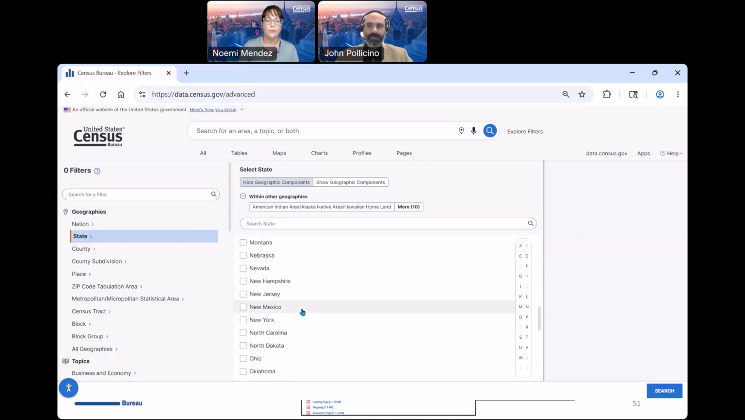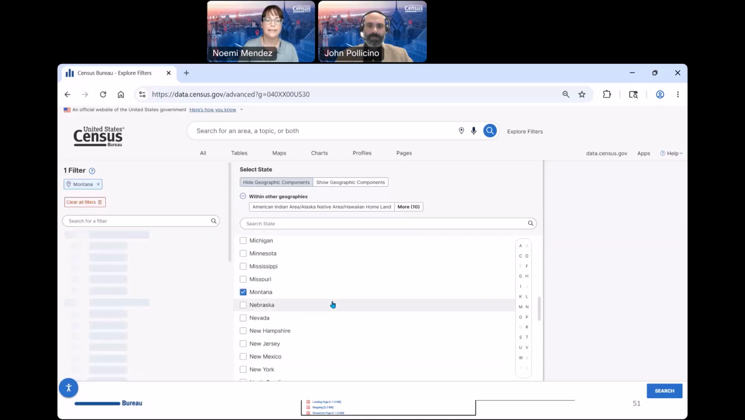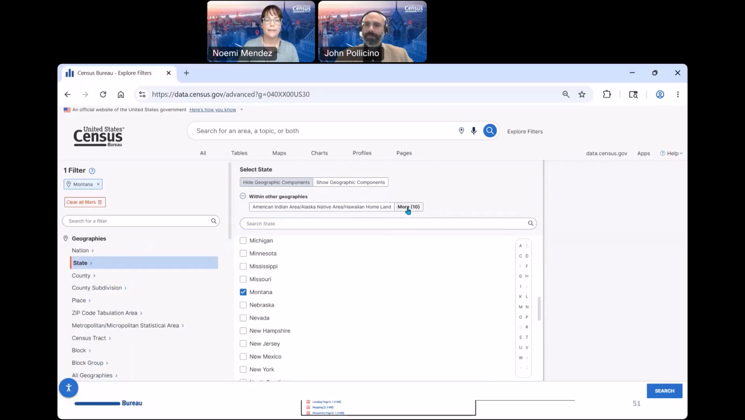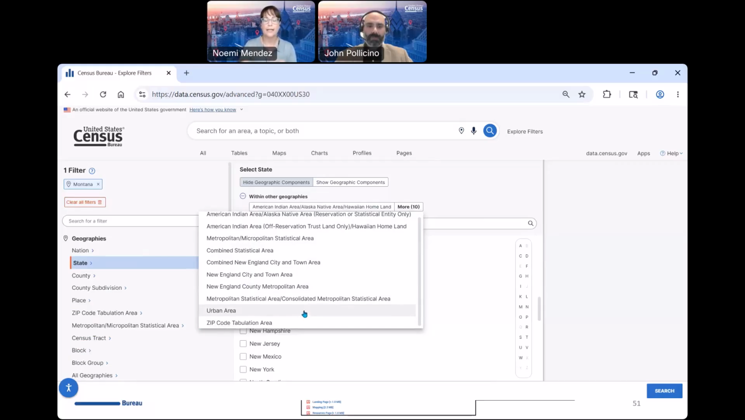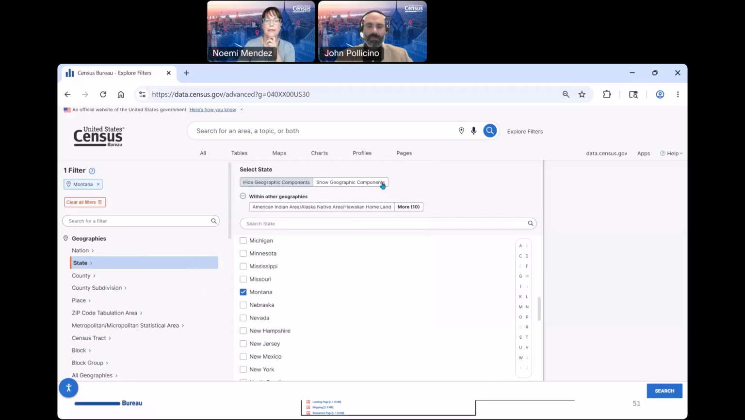Let's select one we haven't seen earlier, maybe Montana. Then for within other geographies, you can say, I would like American Indian, Alaska Native geographies within Montana, or urban areas for Montana. This helps you drill down into very specific ones if you're interested in the ones that are in another container. Okay. And if you're interested in showing geographic components,